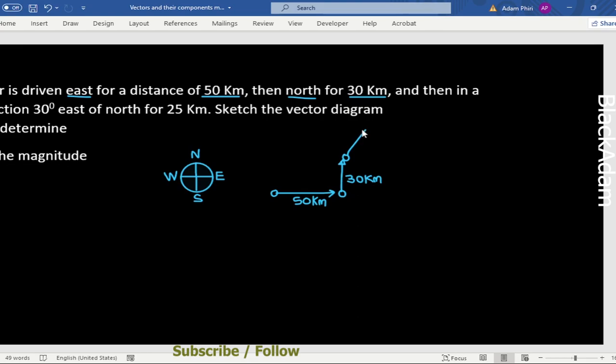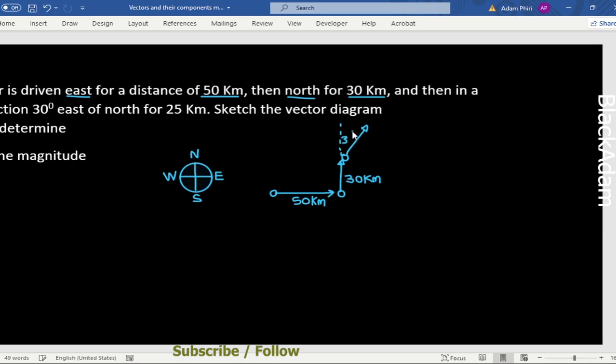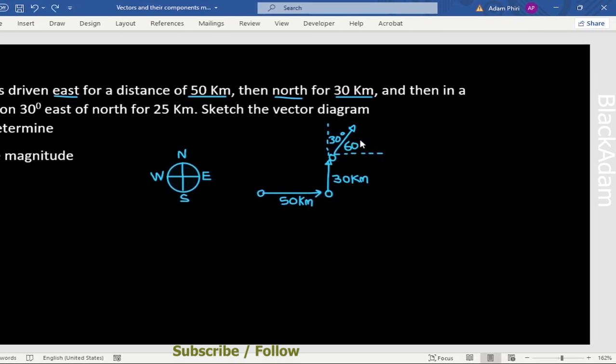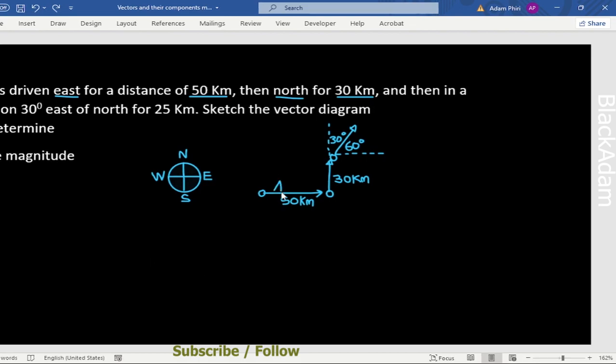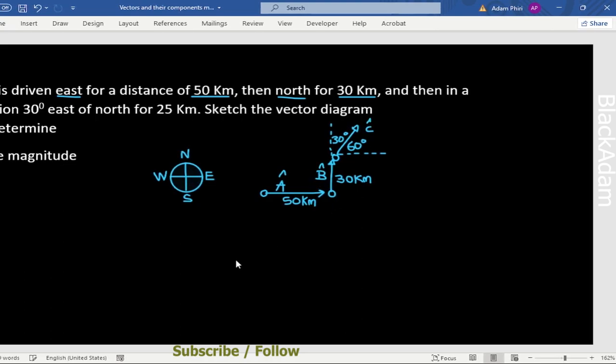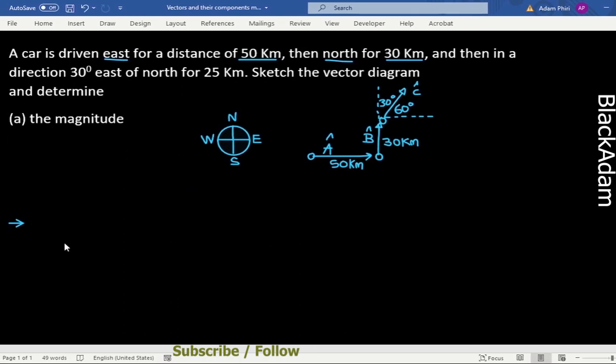30 degrees east of north, so we take north as our reference, east of that in comparison to north, 30 degrees, but we measure our angles from east. So that's the x-axis, then that will be 90 minus 30, that's 60 degrees. So we have the x component, we have the y component, and then we have the c component, which is the r